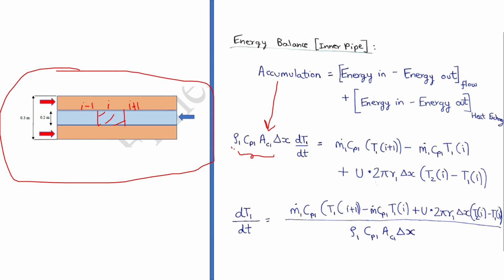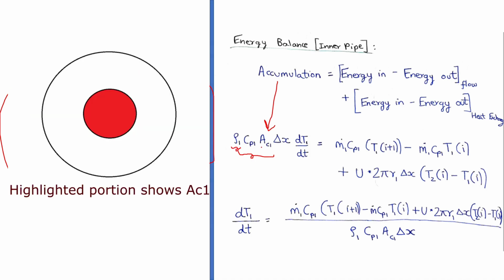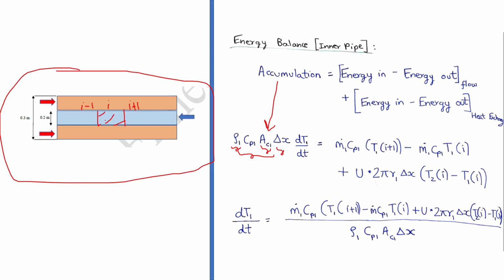So we have rho 1, which is the density, into the area of cross section into the length of the node. We'll get the volume when we multiply area into the length of the node, right? And we multiply it into density. We have the mass of the contents of the given node,